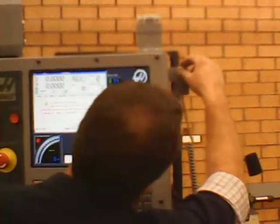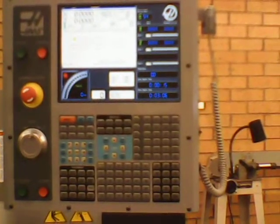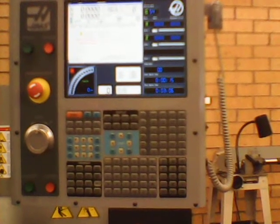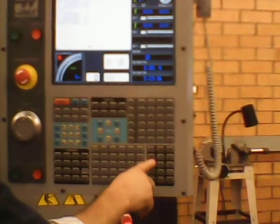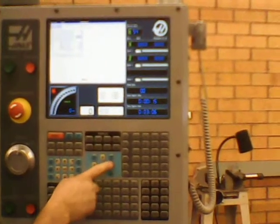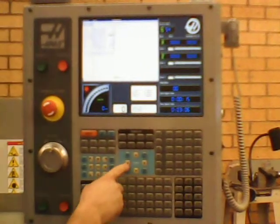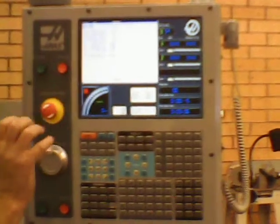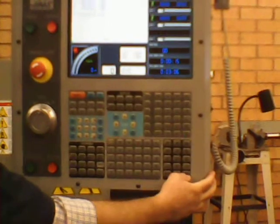We're actually going to turn the door hold override on, and this is done the same on all three machines. And I have a handout somewhere, I think it's on the G drive, that explains this. What you're going to do is go to settings, type 51 in, and arrow down, and that gets you to the door hold override. It's highlighted as off. We want to push either one of these arrows to the side, and it'll toggle between on and off. As long as it's blinking, it's still not activated,